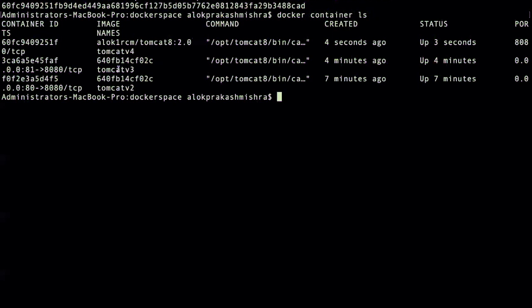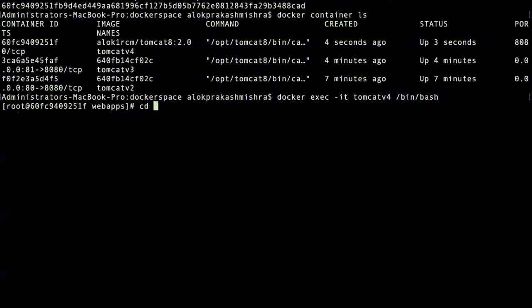I will go inside my third container. So docker exec tomcat v4 bin bash, and one more thing, you need an interactive terminal where it will run.